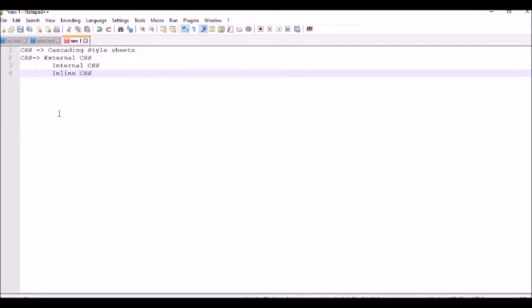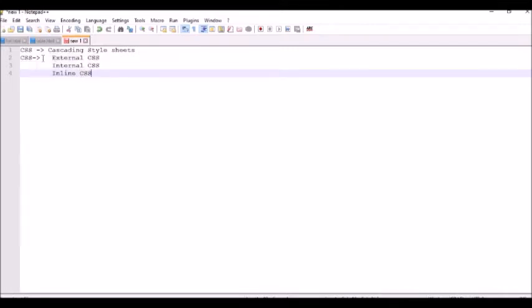So whenever you want to apply some design to your HTML content, you can use CSS in three kinds of ways. One is you can use the external CSS method, or internal CSS method, or inline CSS method.